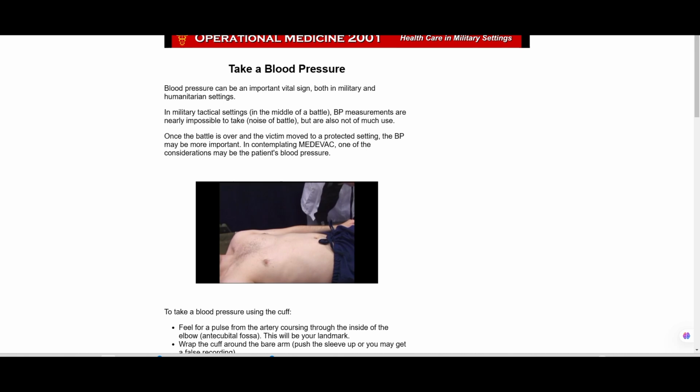First, cleanse the stethoscope and earpiece with an alcohol wipe before and after the procedure. Have the patient lie down or rest comfortably in a chair with the arm supported and the palm turned upward to expose the brachial artery on the inside of the elbow.